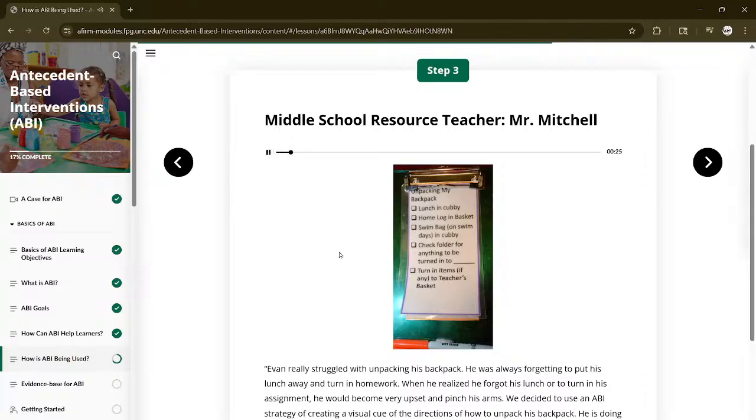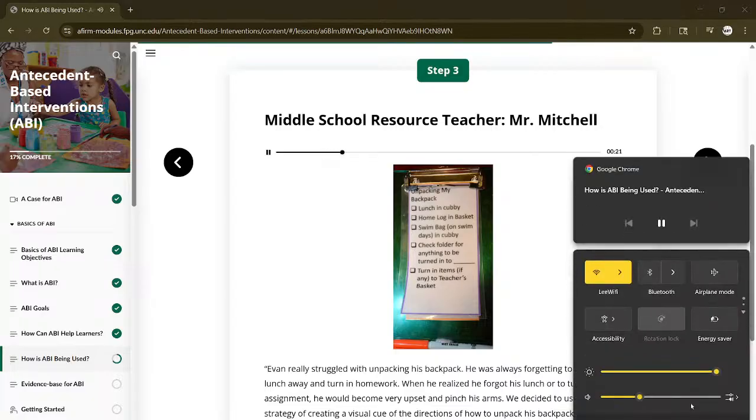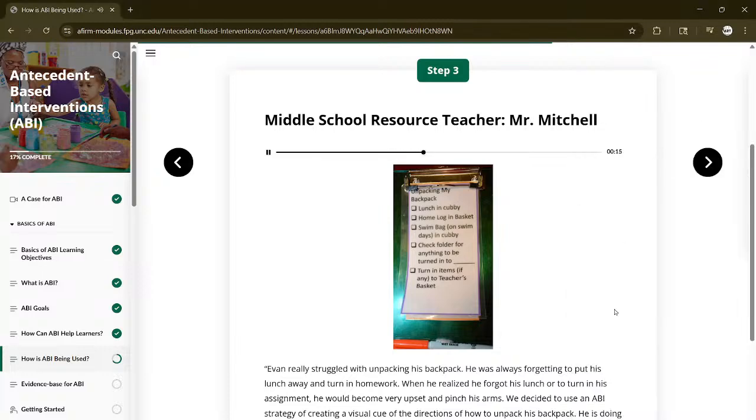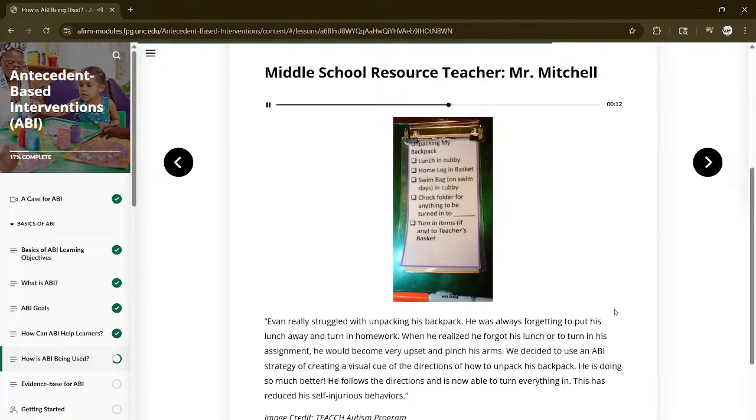Evan really struggled with unpacking his backpack. He was always forgetting to put his lunch away and turn in homework. When he realized he forgot his lunch or to turn in his assignment, he would become very upset and pinch his arms. We decided to use an ABI strategy of creating a visual cue of the directions of how to